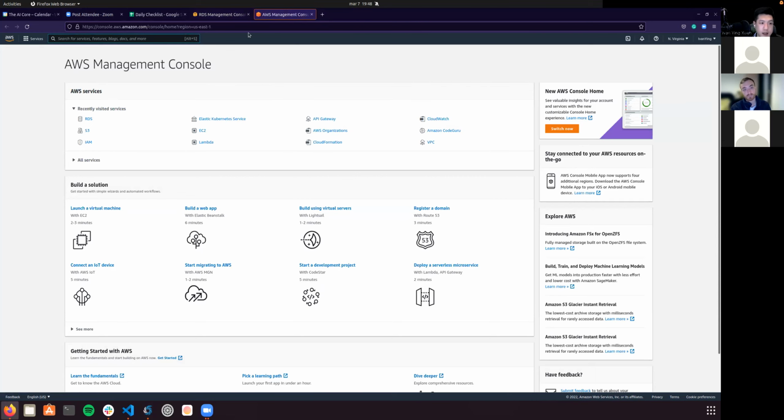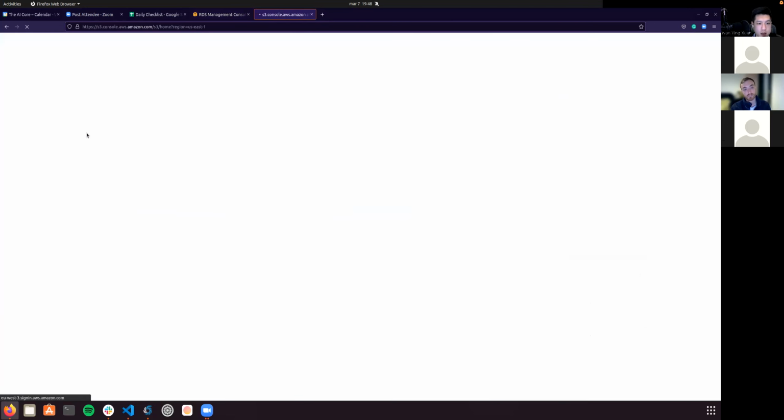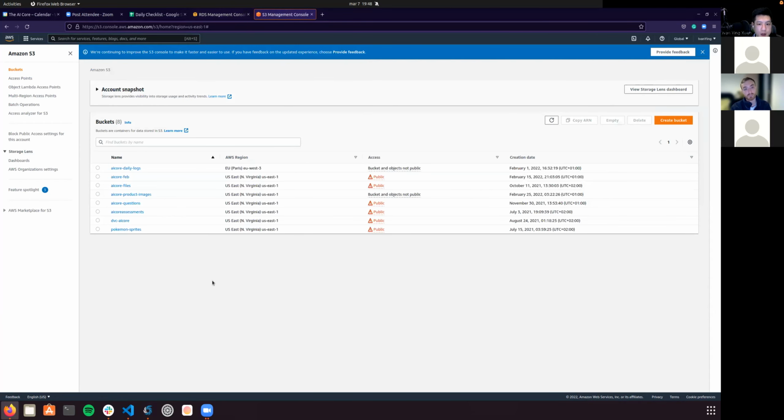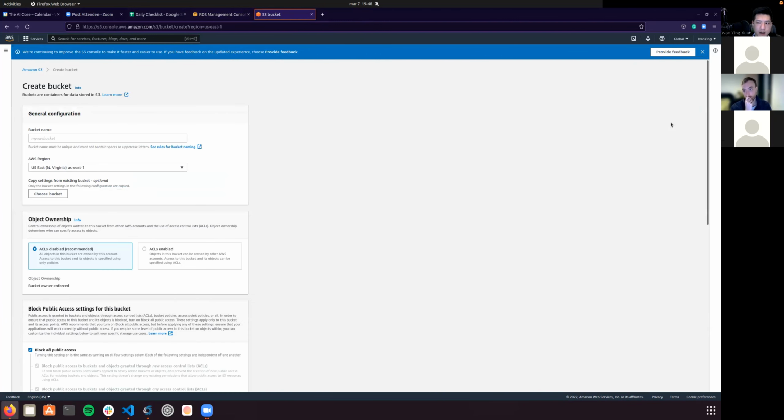Cool. Okay, let's create the S3 bucket. I have a lot of S3 buckets. Probably you have seen me already creating one, but just in case you haven't, I'm just going to create one. You will see that it's incredibly easy. Click here on create bucket, give a name. Once again, I'm just going to call it March. Well, I'm going to change the name just in case someone thinks that I have to put the same name for both. So March bucket test,